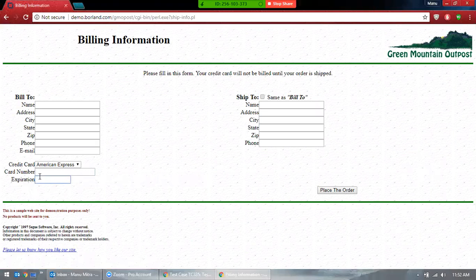Oh, okay. Positive scenario is anything which should be there, what they're expecting. Let's say for the expiration, it will obviously be a future date. It cannot be a past date. If it's a past date, of course it will be negative, because it's not expected.